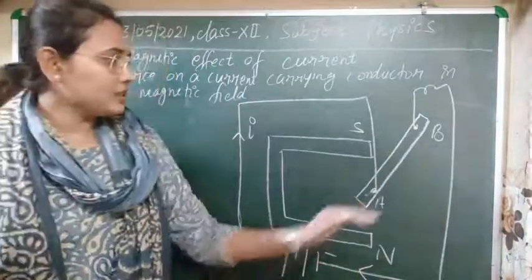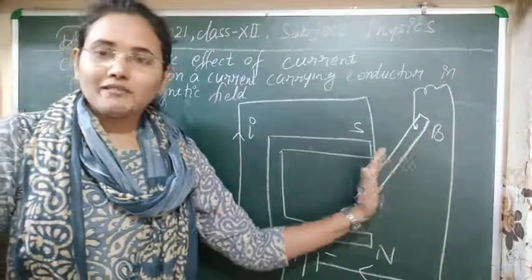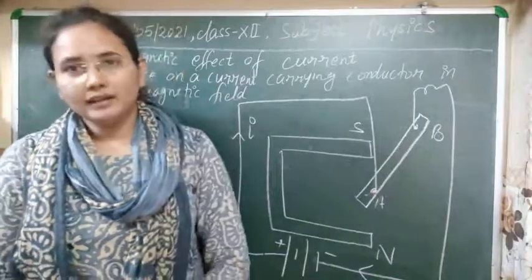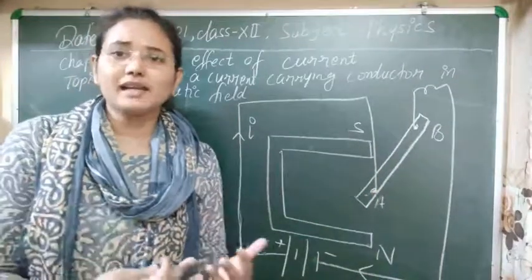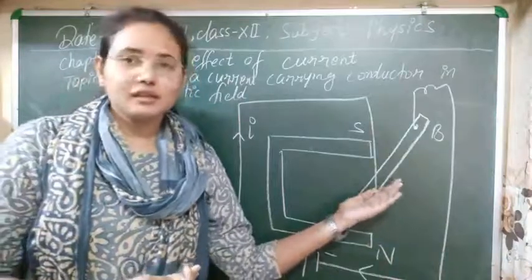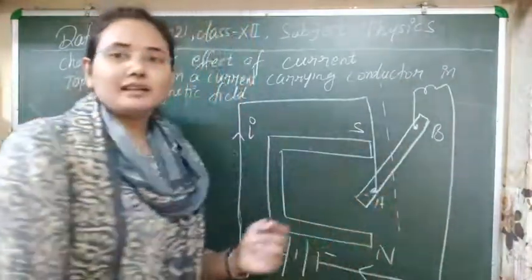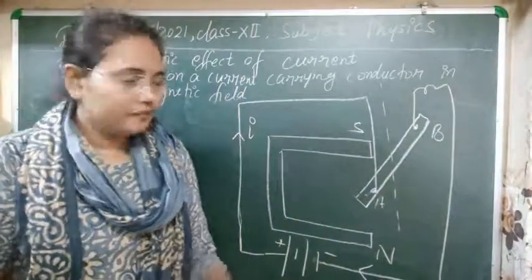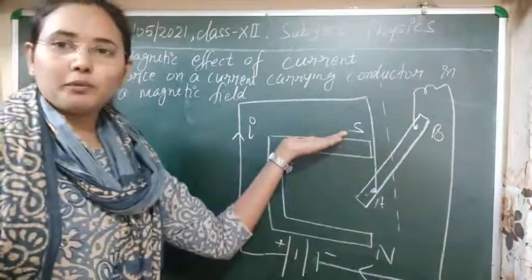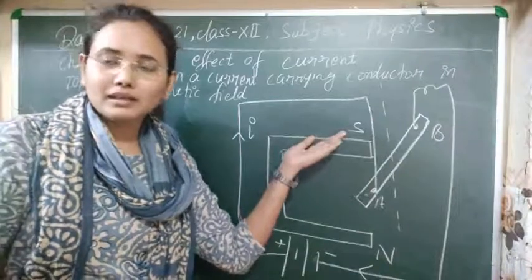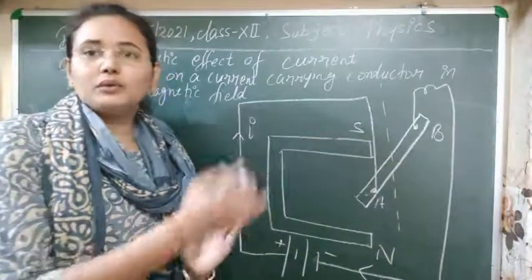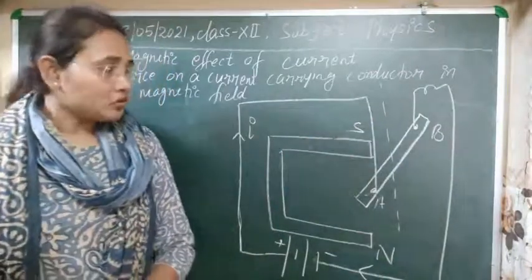Whenever current starts to flow through this conductor, we see that the conductor deflects to the right side of its direction. Meaning if you see it in this way, it will deflect to the right side. And if we reverse the polarity of this magnet, then it starts to deflect to the left side. So it means that